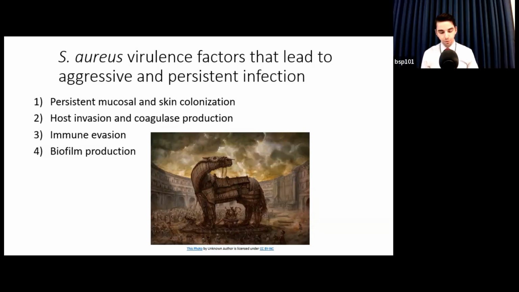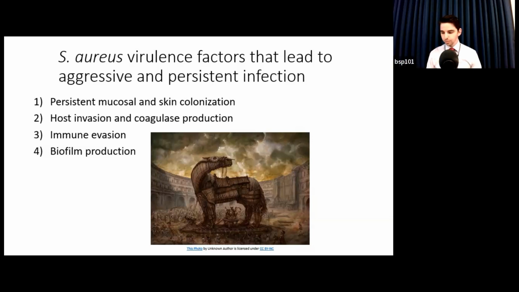Number two is coagulase production. And you think back to how we categorize different Staphylococcus: coagulase negative Staphylococcus, which is a big group of bacteria, and then Staphylococcus aureus. Part of the innate response to bacterial invasion through the skin is formation of local thrombosis. So you cut off blood supplies, you try to impede progress of the bacteria into the bloodstream. Staph aureus can produce coagulase, which prevents that thrombosis and makes it easier for it to invade into the bloodstream and then disseminate to other sites.